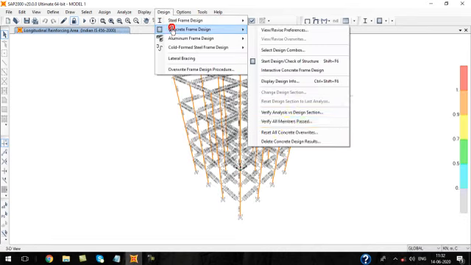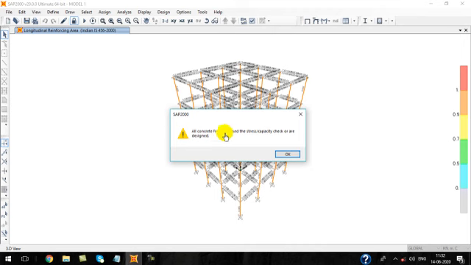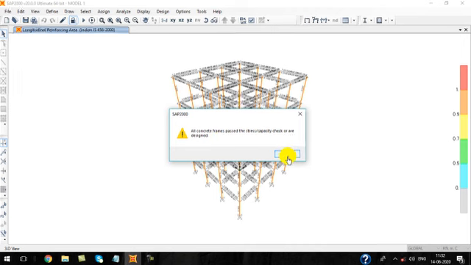Now go to design, concrete design, verify all members passed. Yes, all concrete members passed the stress check or design.